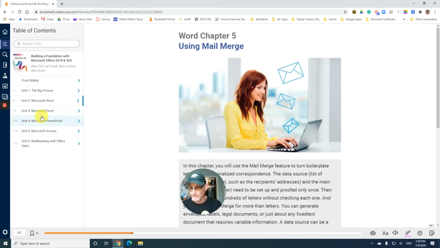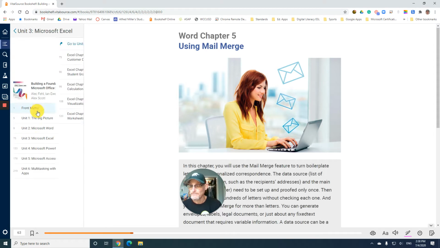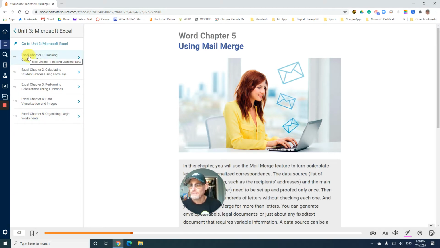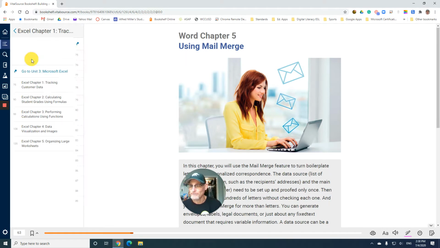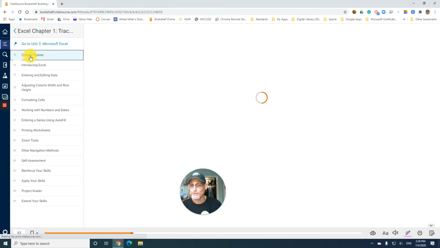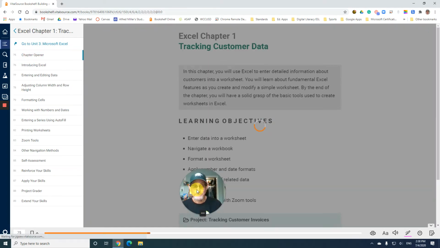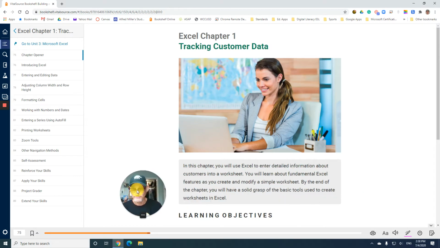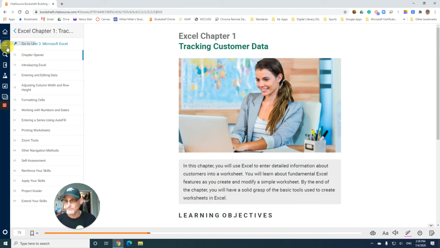So I'm going to use my table of contents, which I've left open here. I'm going to click Unit 3, Microsoft Excel, page 75. I'm going to go to Excel Chapter 1, Tracking Customer Data, and I'll go to the chapter opener. So in this particular lesson, let me move my picture out of the way briefly, close the table of contents